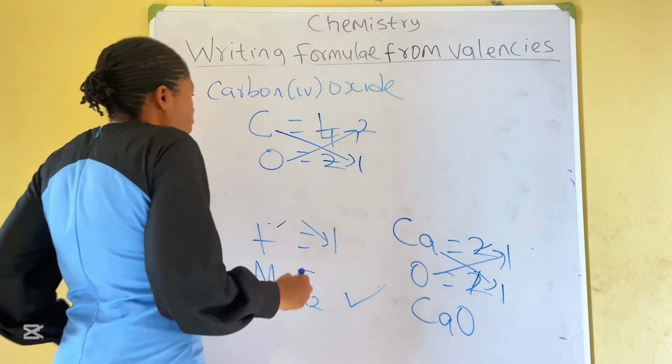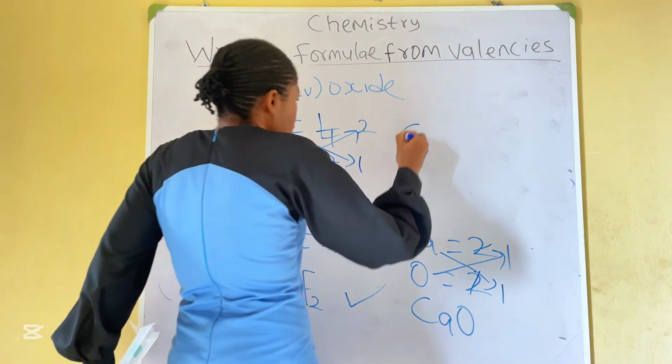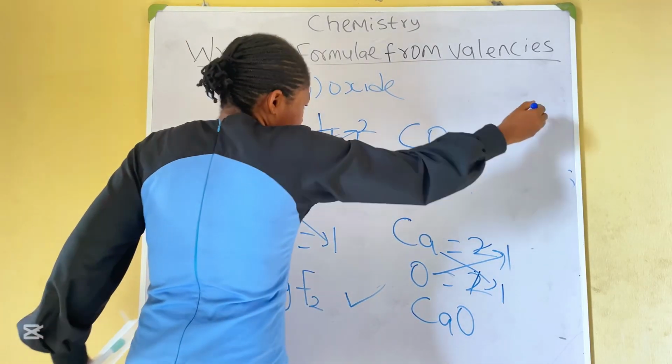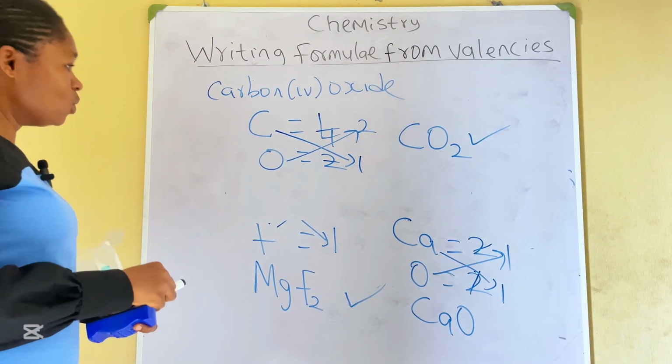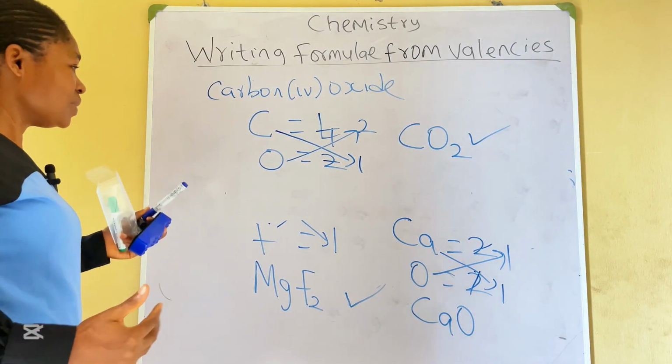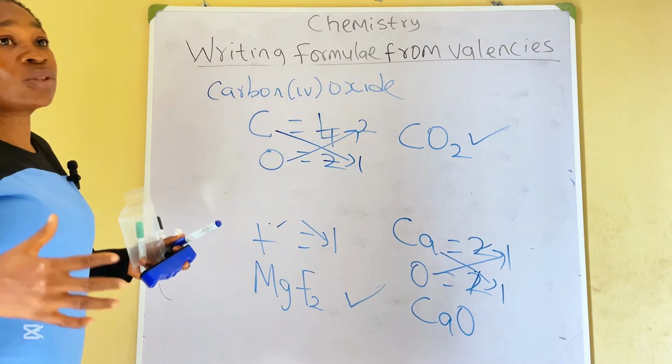So the formula for carbon 4 oxide is what? CO2. Okay. So what we looked at are what? Binary compounds. Let's look at the chemical formula of polyatomic